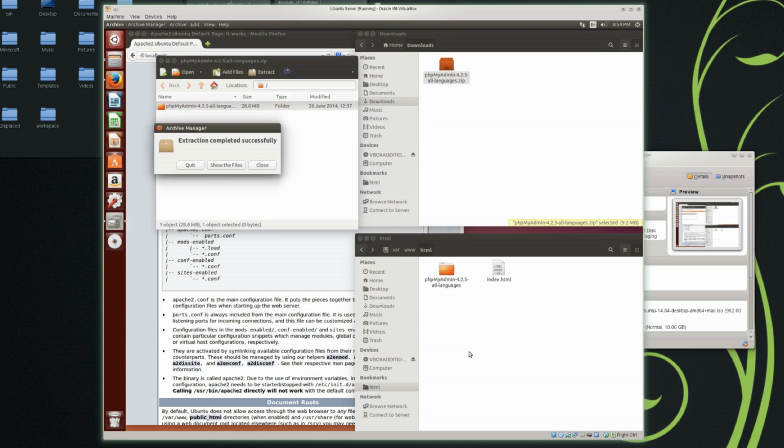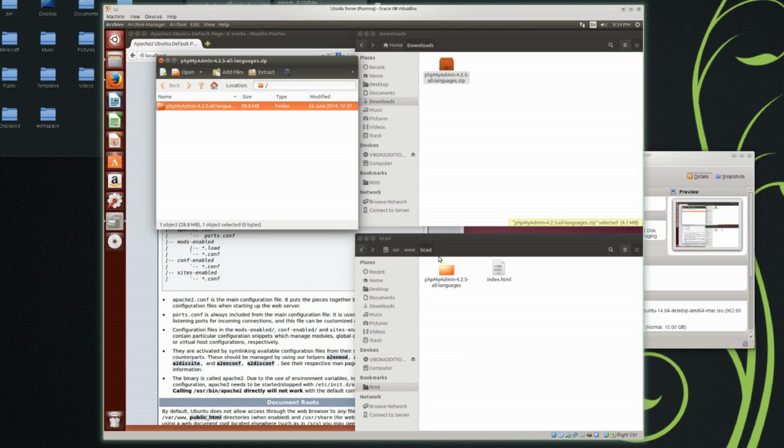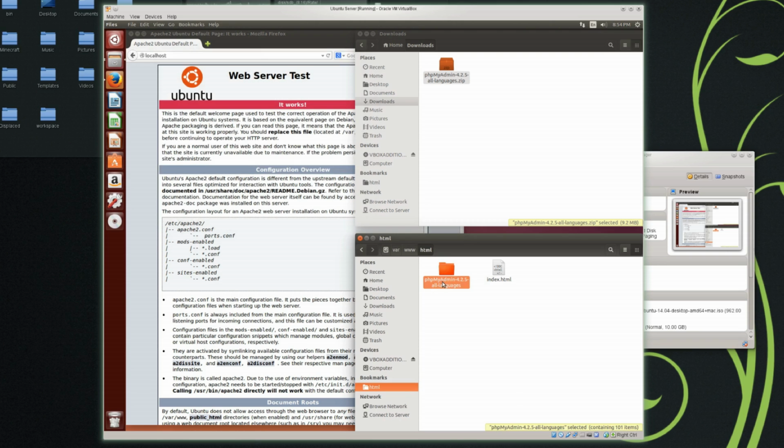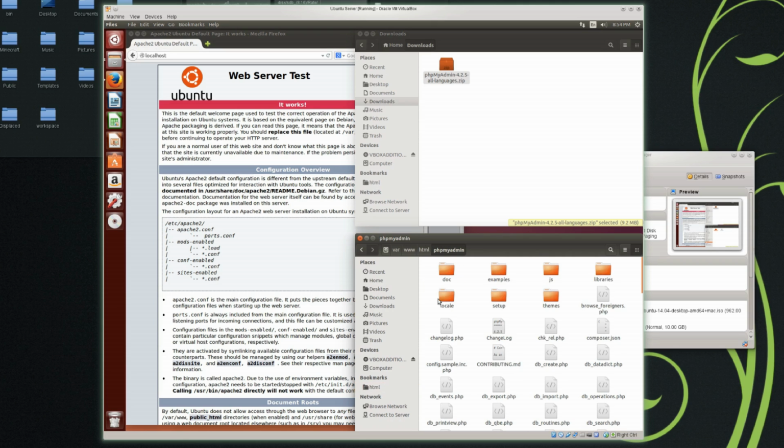So we will extract our application into this folder, and we will rename this folder. Now, folders in your web server folder are going to be directories on your web server. So if we rename this to phpmyadmin, all lowercase,